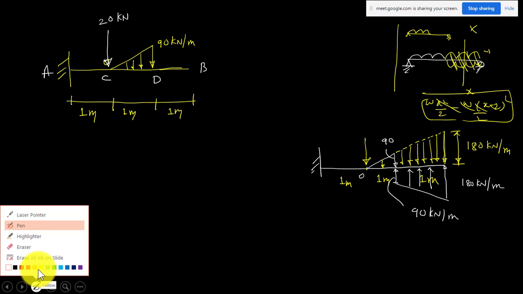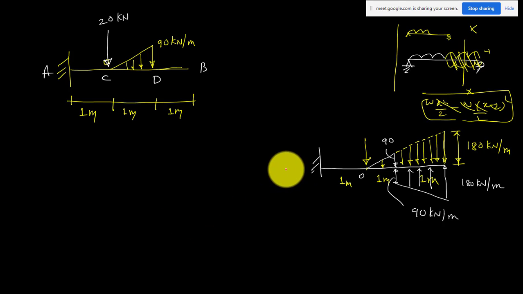Your loading is continuous now. I am again repeating, I am taking the section from this support. Again in this problem also I am measuring the section from support A. You can't take from B in this case, because if you take from B it will be very complex. You have to extend loading something like this. That will be very complicated. So you have to take section X, measuring from A.